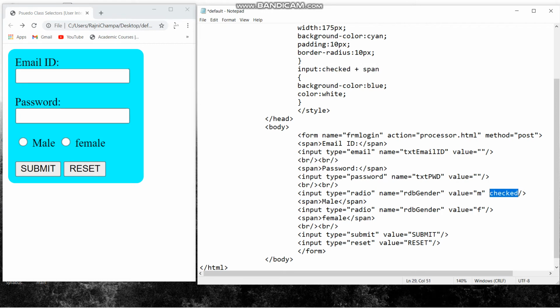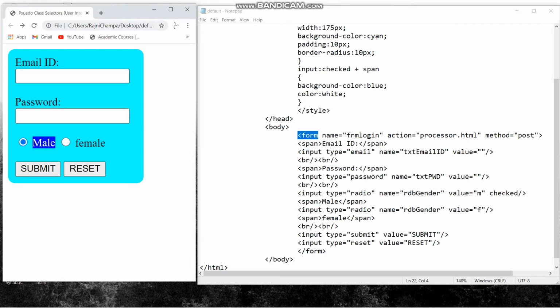And where is this checked? Checked is inside the input field. So checked is coming in the field where the input and span tag are siblings in the form tag, and it matters because when we are writing checked plus span, the first sibling which is having this checked property should always be followed by the second category we are giving there, that is the span tag. So checked is inside the input field, and that is right next to the span tag. So you can say that they should be adjacent, close to each other.